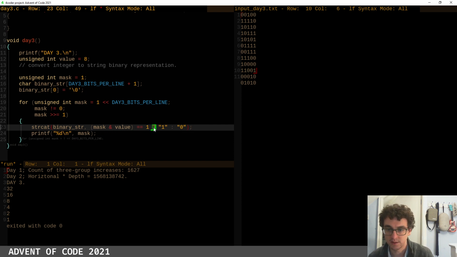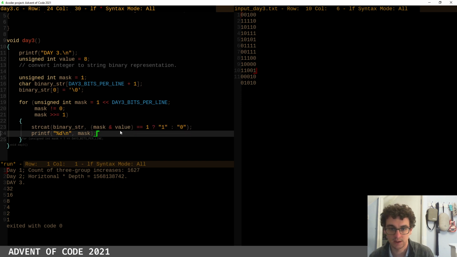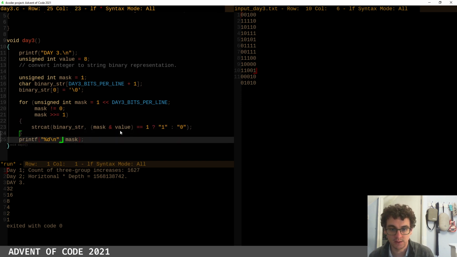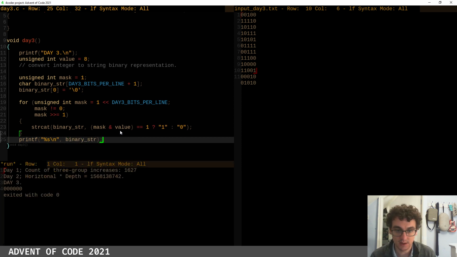So this is a ternary operator, so it's just a shorter way to do an if, and then this will just be string, and this will be our binary string. So if I do that, build it,